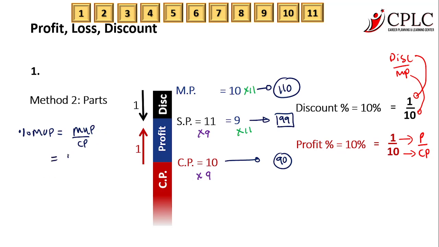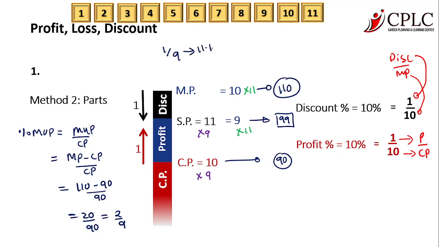And the formula for markup is mark price minus cost price. So we have all the numbers. Mark price is 110, cost price is 90, divided by cost price. So this becomes 20 by 90, which becomes 2 by 9. You should remember 1 by 9 as a fraction is 11.11%. So 2 by 9 is double of that, which clearly means it will be 22.22 percent. So according to me, this is the correct answer, which is answer option 4 for this particular question,